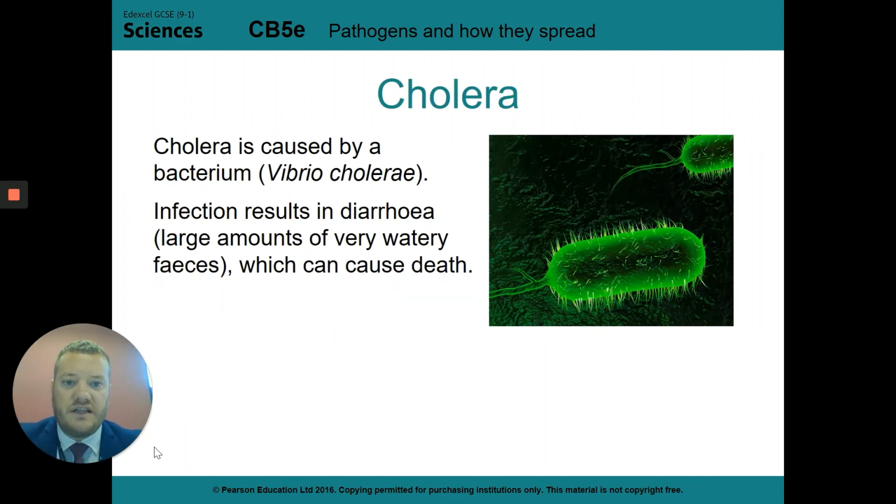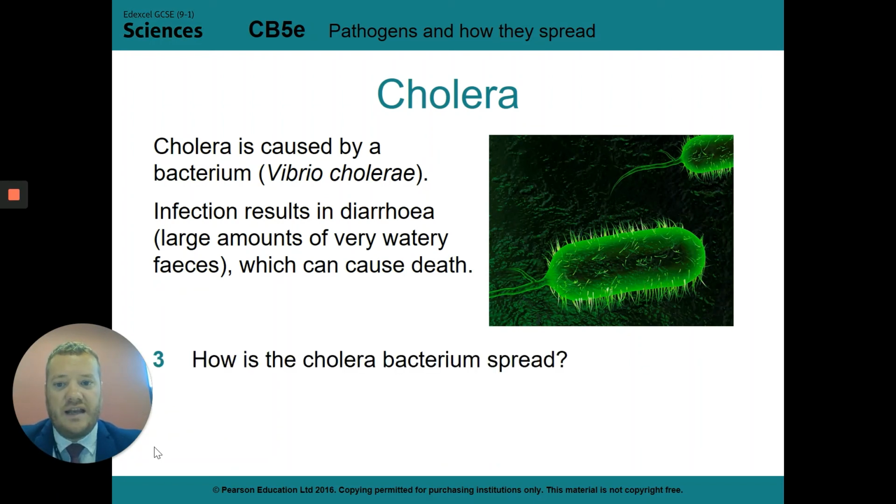Cholera. Cholera is an example of a disease caused by a bacteria. Okay, Vibrio cholerae, and it's characterized by having really, really bad diarrhea. Okay, and eventually the problems that you get with cholera are normally due to dehydration because you lose so much fluid. Okay, in order to get it though, you have to have eaten infected food or drunk infected water that, rather disgustingly, has been infected with the cholera bacteria.